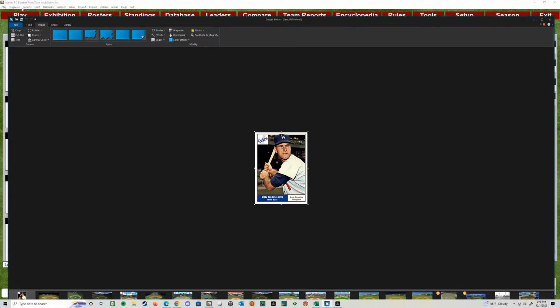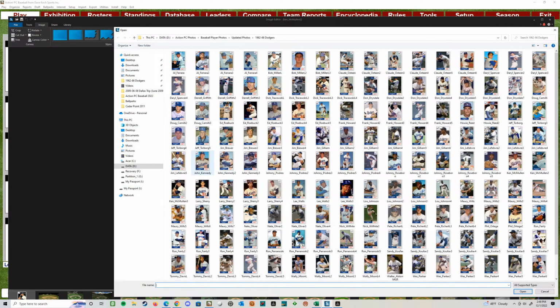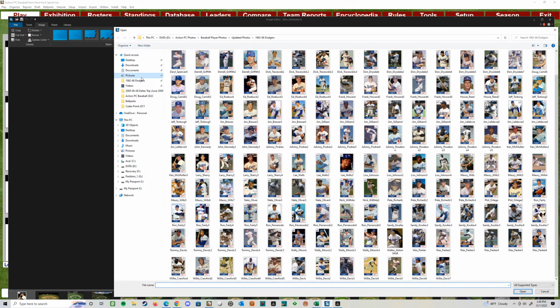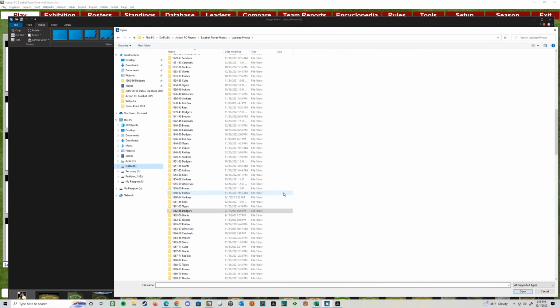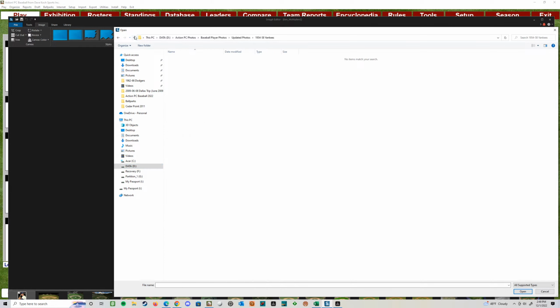card using a template right there. So I'll set up the teams. For every 5-year file, I have a corresponding place where I can look. That's what takes me so long to get done with these projects. Here's a 54 to 58 Yankees. No pictures in there yet.